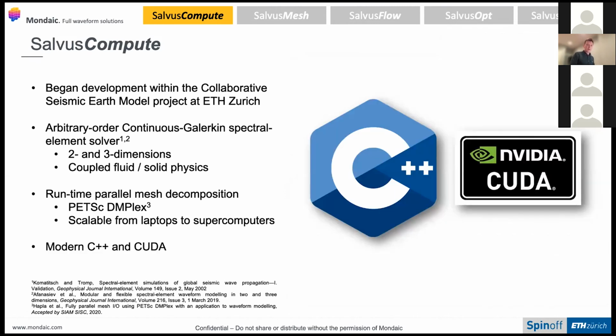And in terms of programming languages, Salvus Compute is the compute core, and it's written in modern C++ and CUDA for GPUs, with further extensions under work right now. So Salvus is the high performance base that runs the simulations and performs the adjoint computations to get gradients available for full waveform inversion applications or other modeling